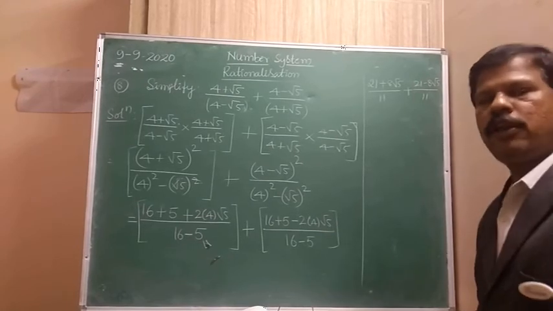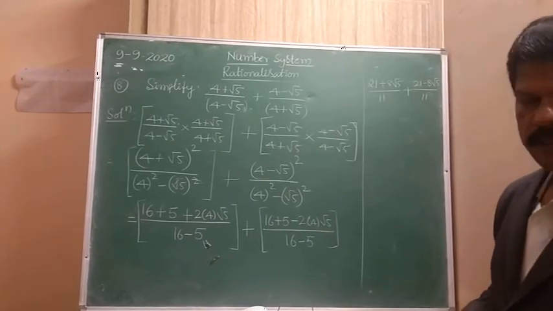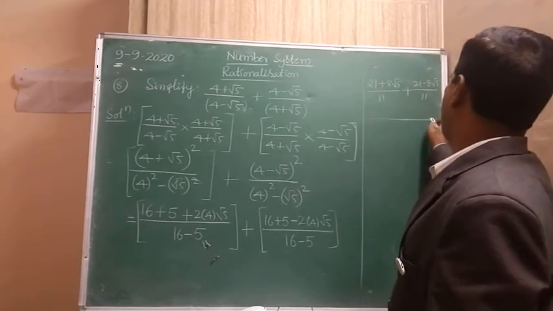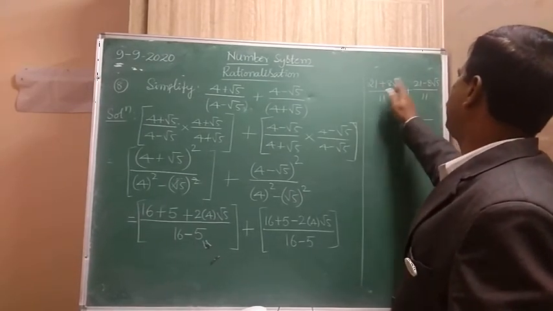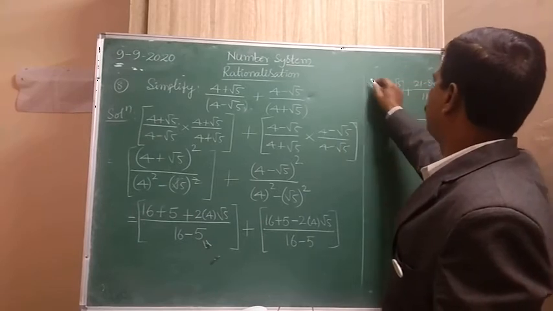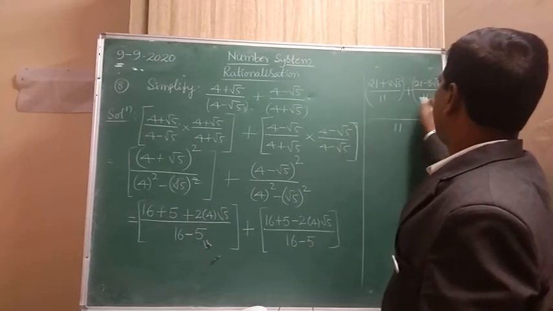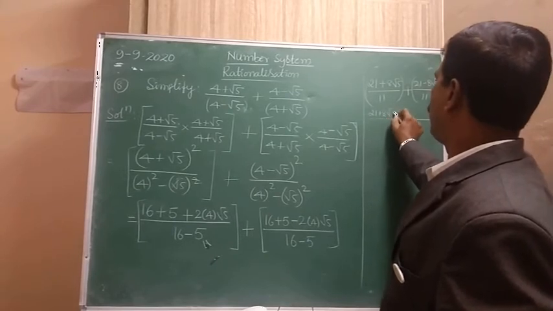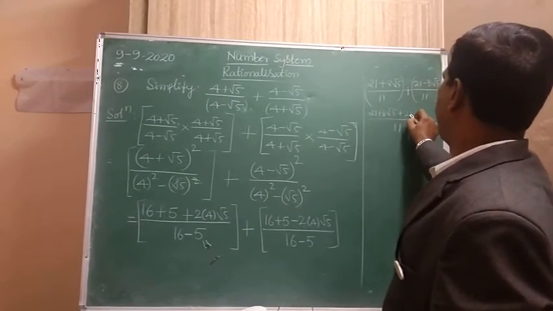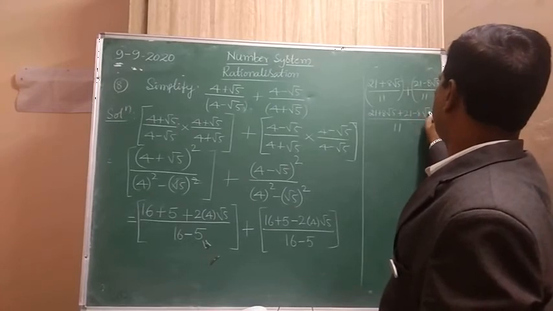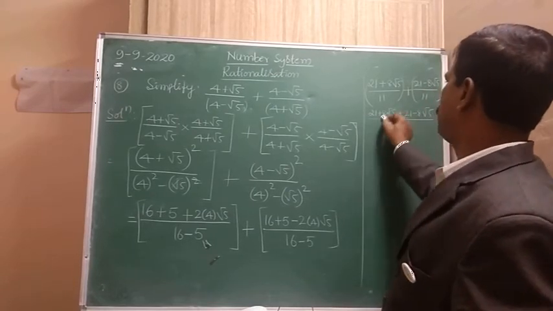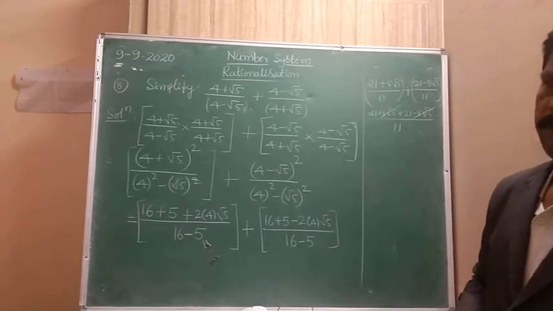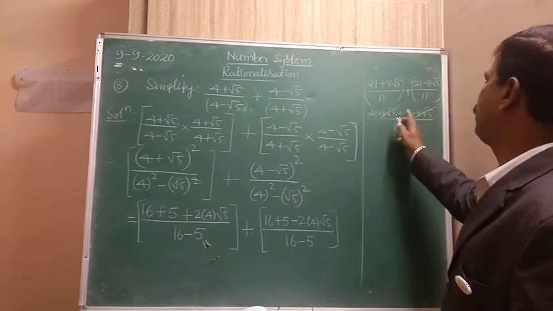Now look at the denominators. Denominators are same. Therefore you can take one denominator and add the numerators directly. Clear? So 21 plus 8 root 5 plus 21 minus 8 root 5. Now plus 8 root 5 minus 8 root 5 get cancelled. Now what is left out? 21 plus 21 is